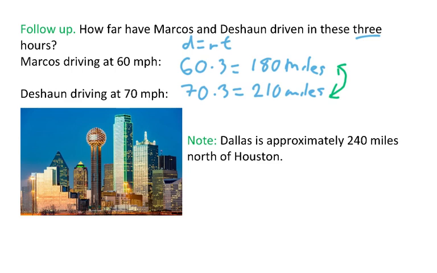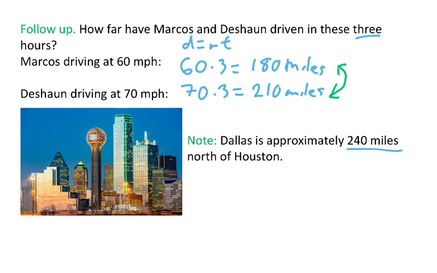And if we happen to know another fact, we can also make sense out of this. It turns out that Dallas is approximately 240 miles north of Houston. So if we look at these distances, we'll notice that Deshawn is getting pretty close to Dallas. Marcus is traveling a little bit farther behind. What might have happened if we had made a mistake? Suppose we made a mistake and at this point we had come up with the conclusion that, say, Deshawn